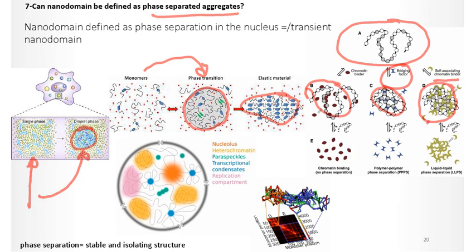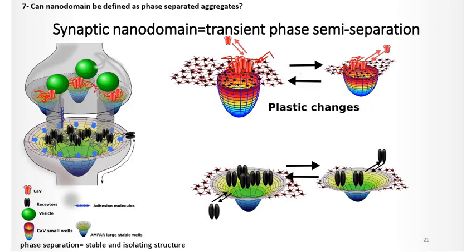And so one question came a couple of years ago: are the nanodomains we have studied in neurons the same as the ones that are seen in the case of the nucleus? And we think that this is not the case, for the following reason. If we think about this nanodomain that can retain receptors, they need to be transient. That is, receptors should go inside and outside. We don't understand how this is regulated, but one thing is for sure: the energy here